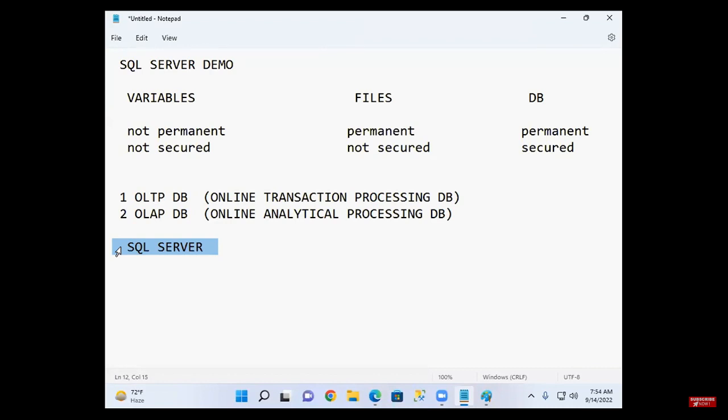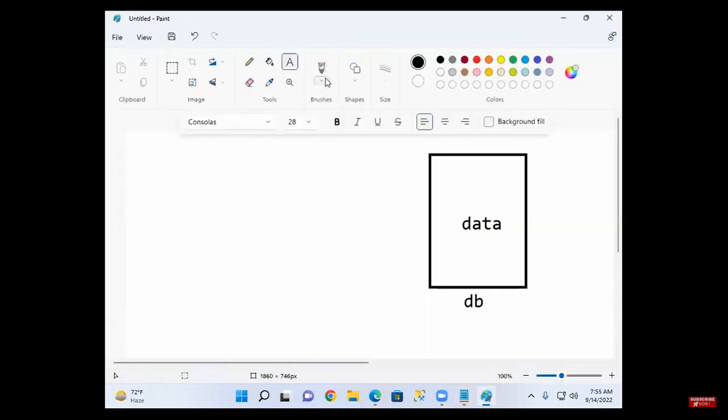We use Hadoop and data science for that. Understood or not? SQL Server is not for that. SQL Server is used for analyzing structured data.